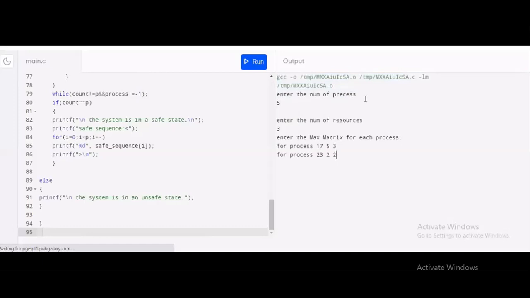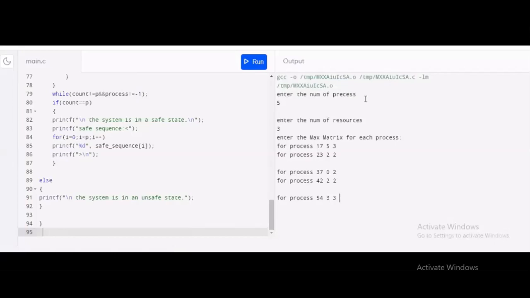For process 3, 7, 0, 2. For process 4, max 2, 2, 2. And for process 5, the max matrix will be 4, 3, and 3.